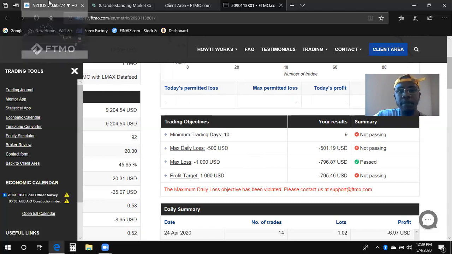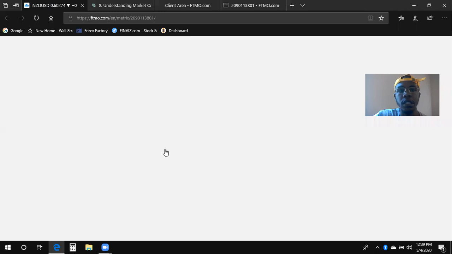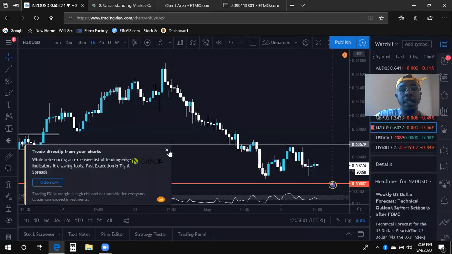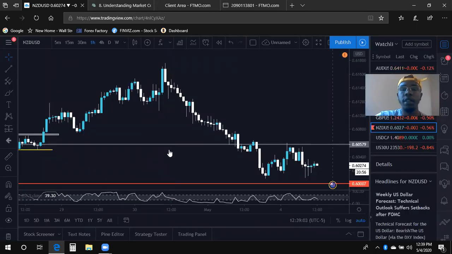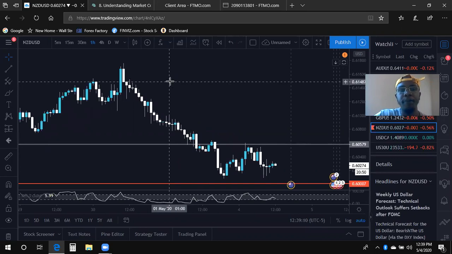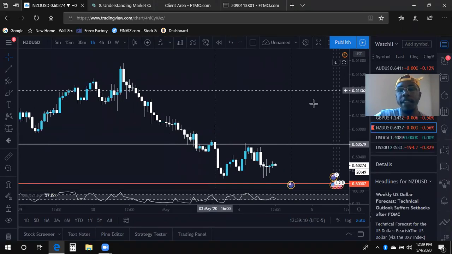Real quick, let me see. I haven't looked at my chart since last week sometime. I've been moving a lot of stuff into my apartment. I've been moving a lot of stuff into my sister's apartment. I've just been doing a lot of stuff, and I haven't had time. But that's okay, because the market isn't going anywhere.